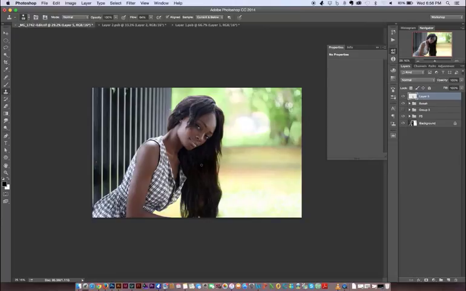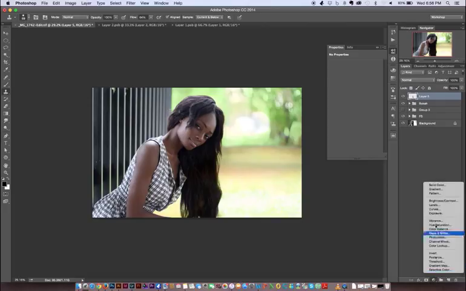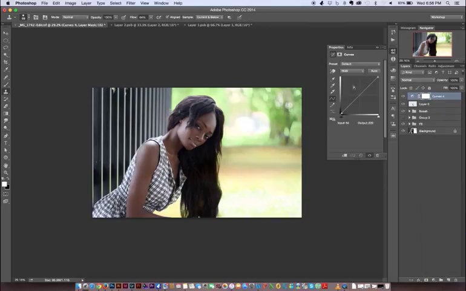So now let's just look at making the model pop a little bit more. I'm just going to create a curves adjustment on top of everything, and I'm going to pull the midtones down. This is going to darken everything in the image. Then I'm going to hit Command or Control I, and this is going to invert the layer mask, and so it's going to hide all the darkening that we did. And so when you look at the curves, you can see the midtones have been dragged down,